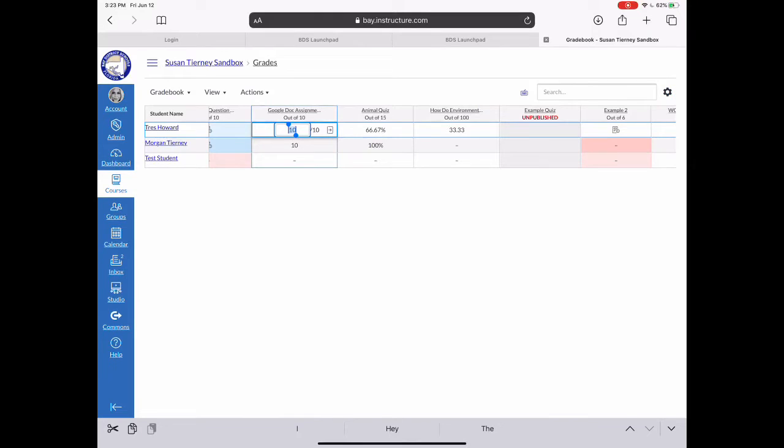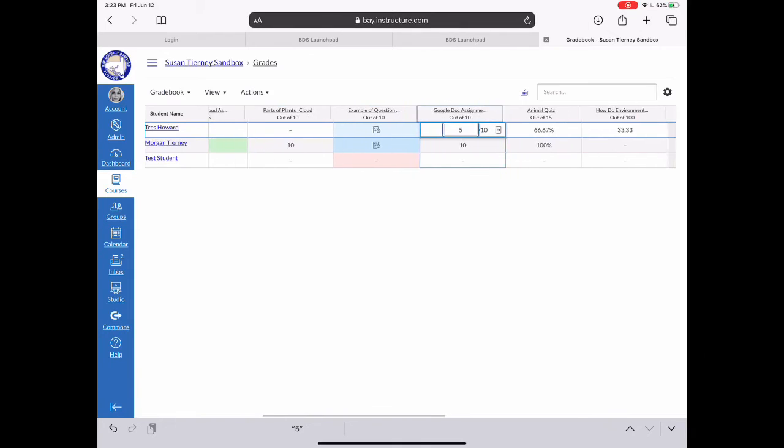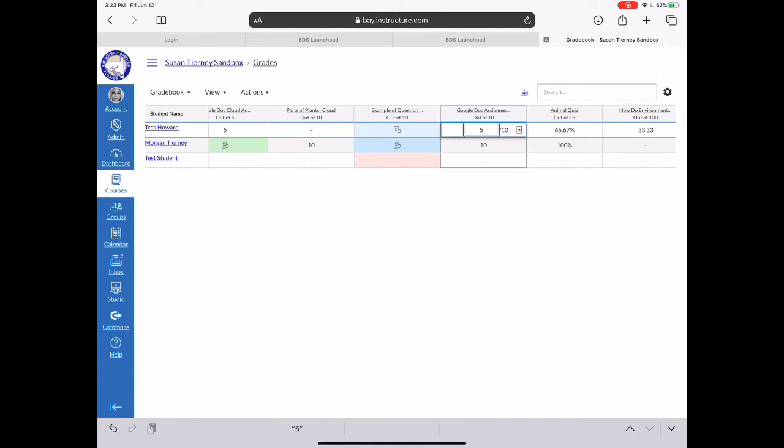One other thing that you can do as well is if you just want to come in here and manually change a score. So let's say the student maybe didn't turn in the assignment and you just want to give him 5 points. You can come into the Gradebook and do it within the Gradebook view as well. So that's an overview on the